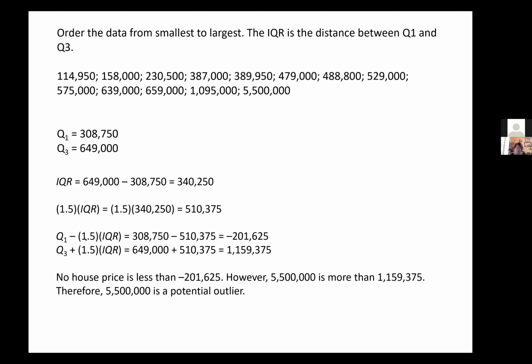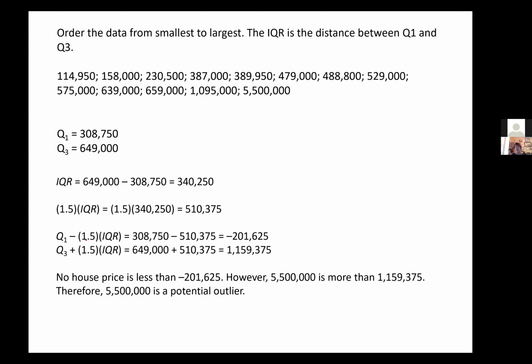So our interquartile range, which is hard for me to say, is the difference between Q3 and Q1, which is 340,250. Now I take that number, the 340,250, and I multiply that by 1.5. And I get 510,375. So I take that 510,375 and I subtract that from the first quartile. And I get negative 201,625. Then I take that 1.5 times the interquartile range and I add it to the third quartile. And I get